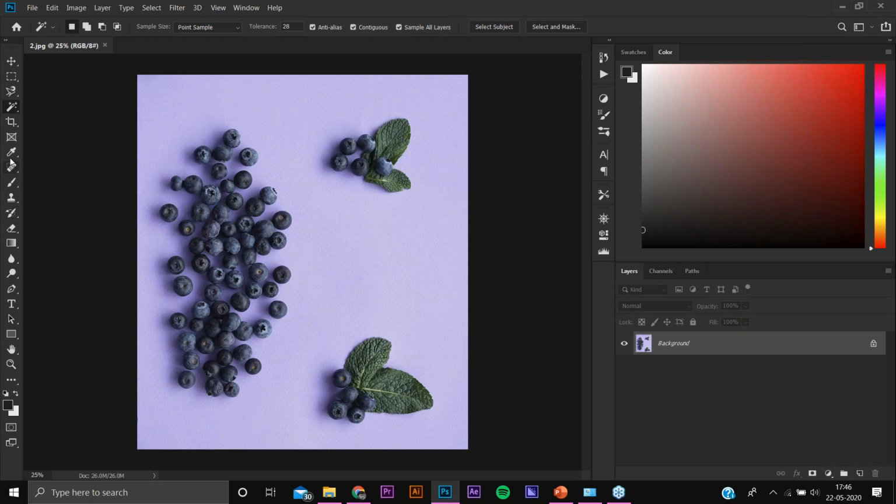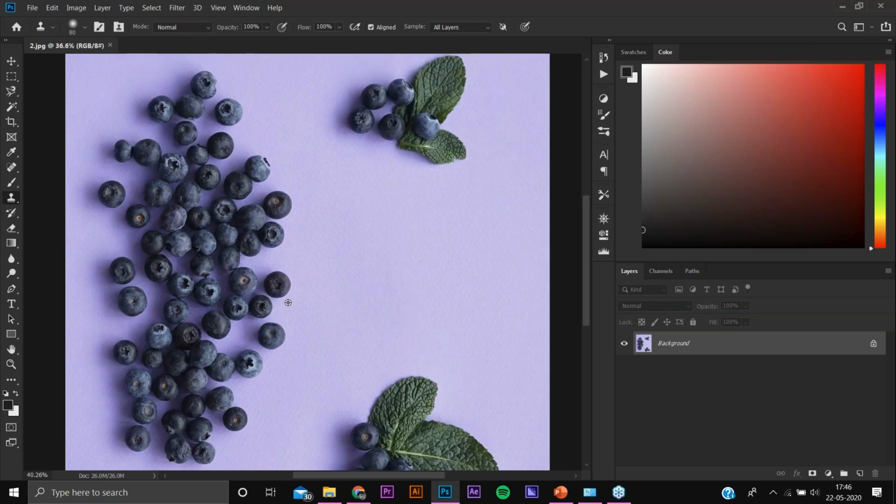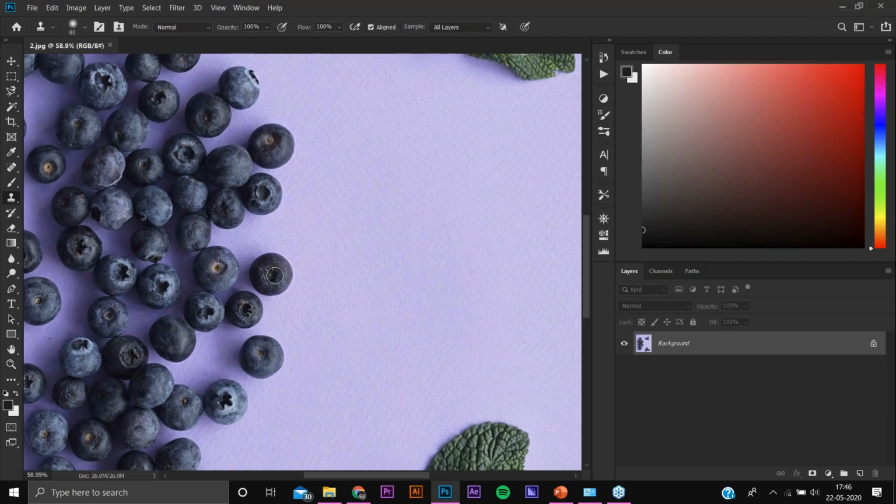So now we will be editing it a little bit, and I will show you the use of the clone stamp tool. This is the clone stamp tool we will be selecting, or we can use the shortcut S. We will be zooming in a little bit on this photo for more detail.